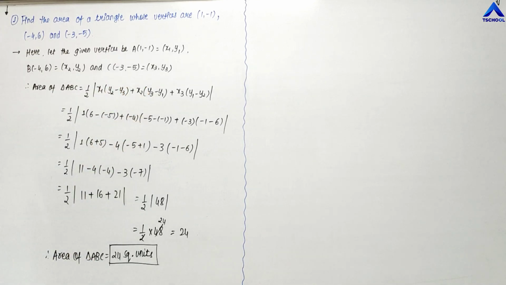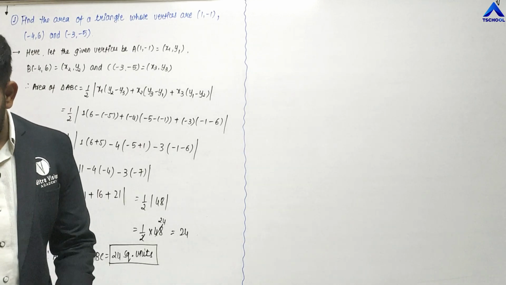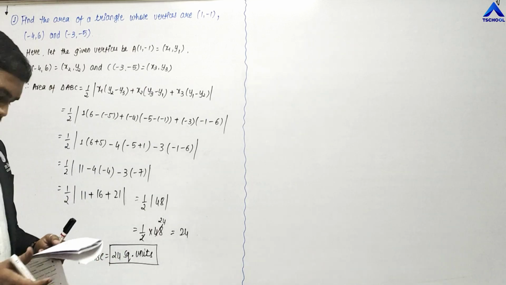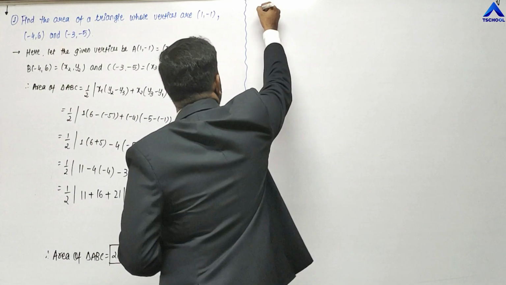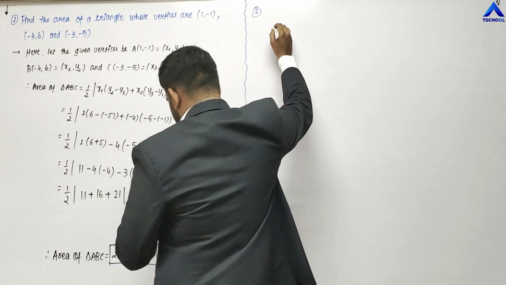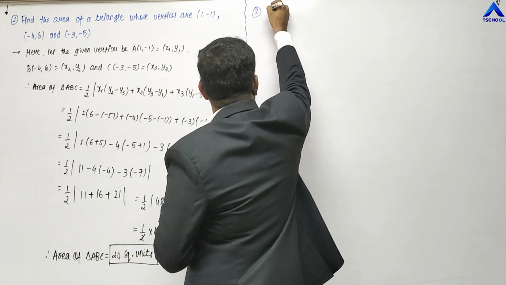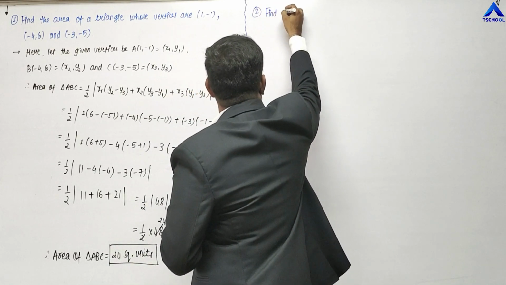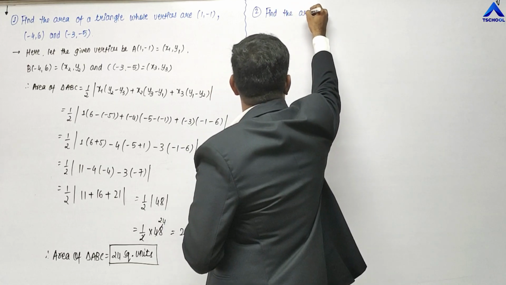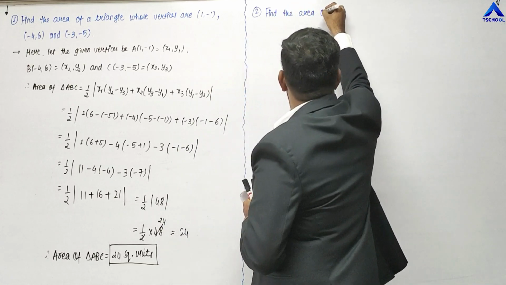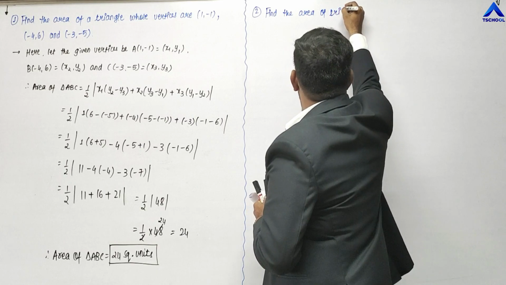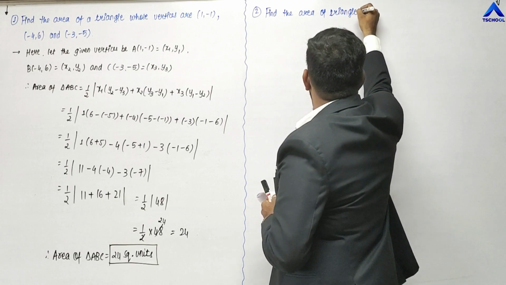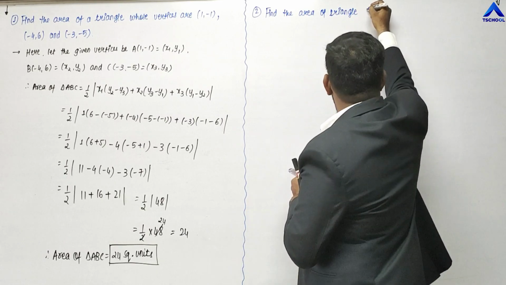Is this thing clear, friends? So that is how you use the formula. Let us solve some more examples so that we come to know exactly how it is done. The second example I am having is: find the area of triangle formed by the points